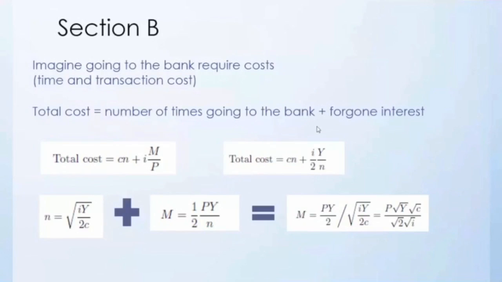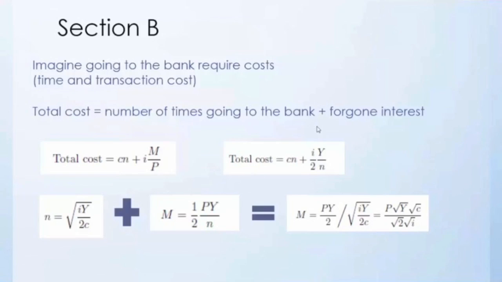Now the total cost will be equal to the number of times you go to the bank and your foregone interest, because once you take out your money, you lose interest. It can be shown as Cn plus iM over P. This is your real money and your real interest rate, together with your transaction cost, which is C times n. By substituting out M with the equation we found earlier, it becomes i over 2 times Y divided by n. If we were to rearrange it